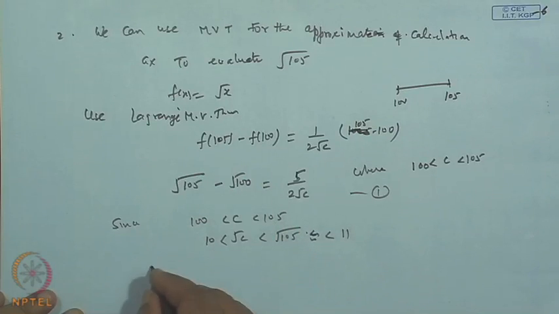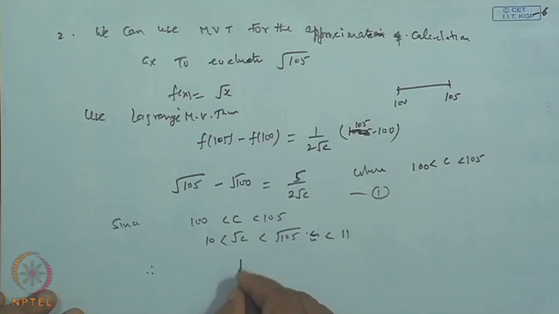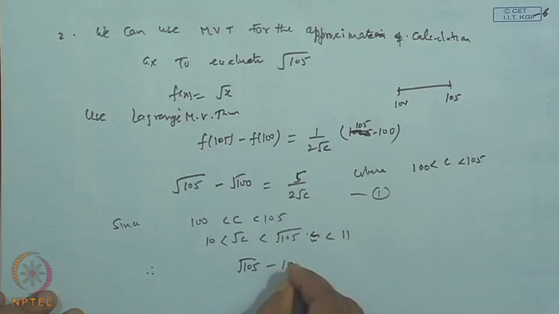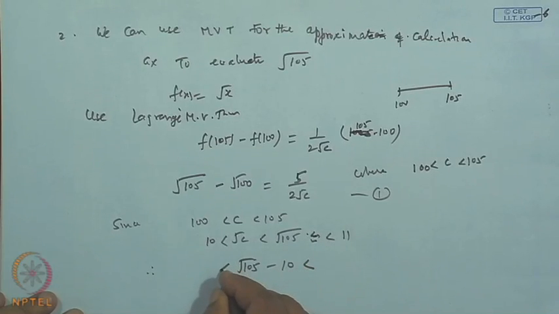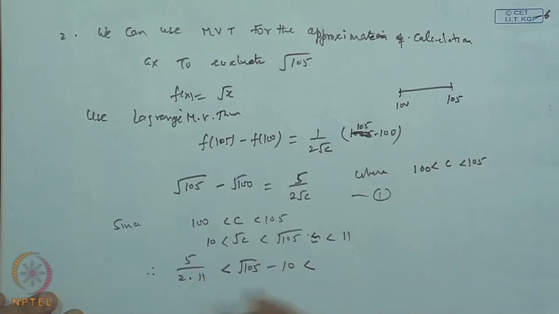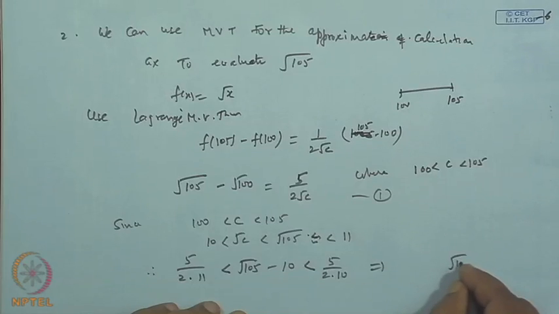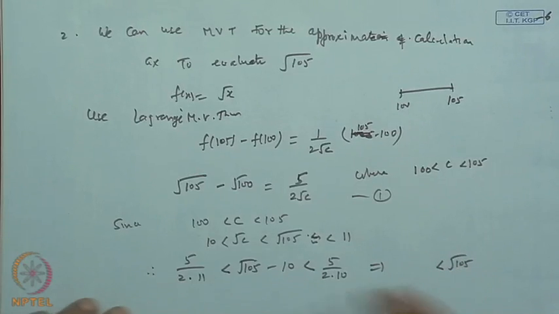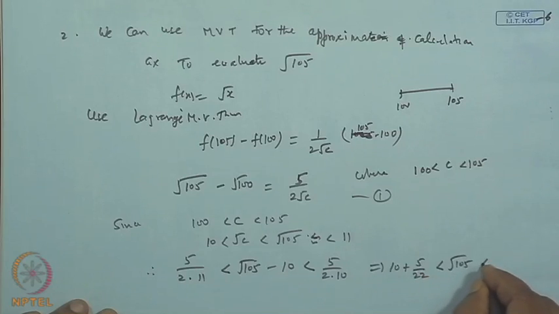So, what we get, therefore, is that root 105 minus 10 will lie between these two bounds. The bounds will be 5 over 2 into 11 and 5 over 2 into 10. Okay. Therefore, root 105 will lie between